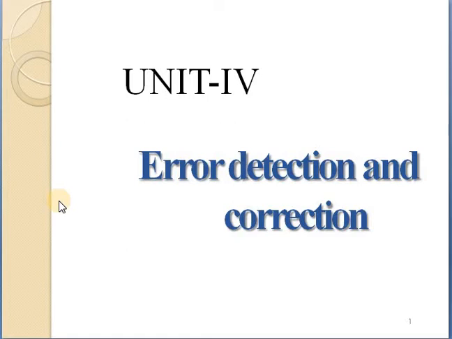To detect or correct the errors, we need to send the extra, that is redundant, bits with the data. Next point we discussed in a previous lecture is types of error detecting techniques, that is parity checking, which we can also call VRC. Today in this lecture we discuss LRC, longitudinal redundancy check, and the checksum. There are mainly four types of error detecting techniques. First is the VRC, second is the LRC, third is the checksum, and fourth is the CRC. CRC means cyclic redundancy check. Let us see one by one what is meant by LRC and the checksum.